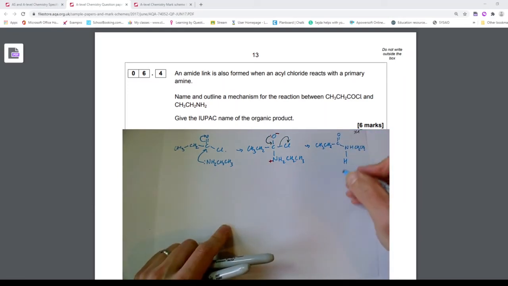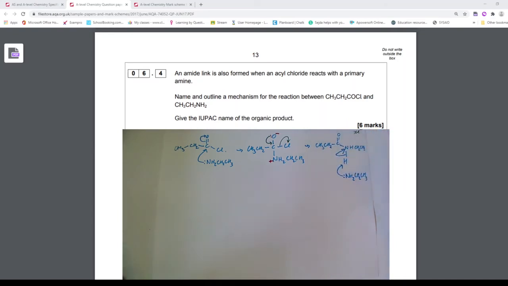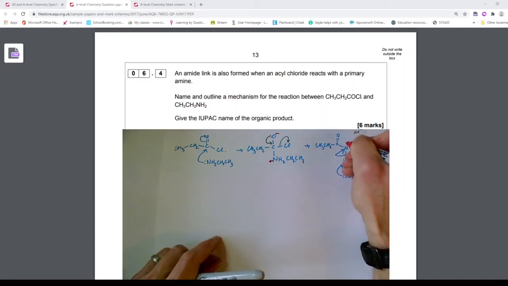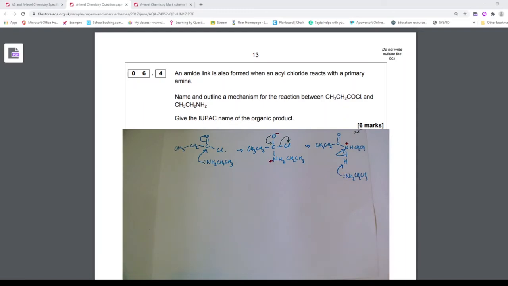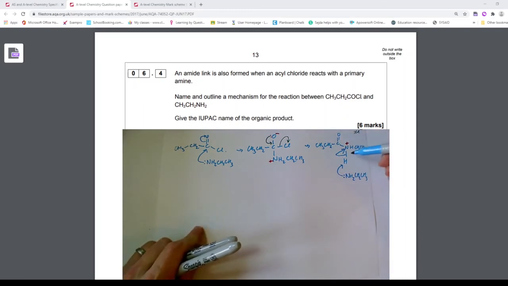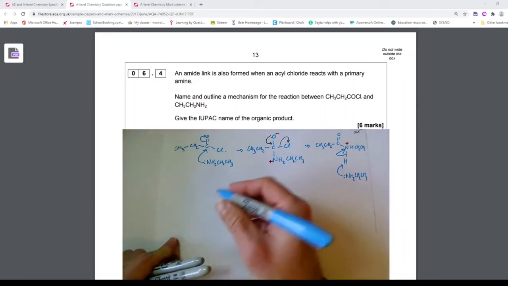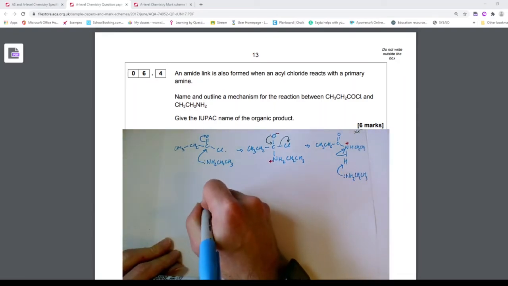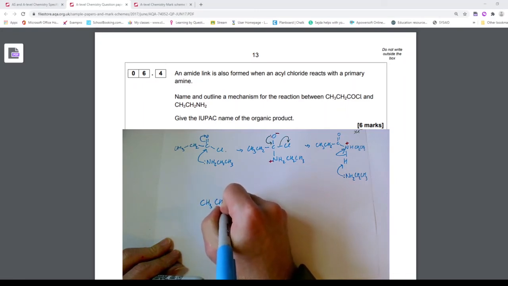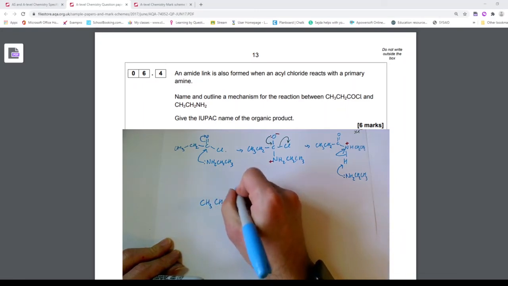What I'm going to show is this stuff here helping remove the hydrogen. Sorry, I should use green arrows, shouldn't I? Never mind. And I also forgot my positive charge on here. Okay, so the electrons are going from the NH bond up to the nitrogen, and then the hydrogen is being removed by this stuff. So our product that we're going to have down here, I'll draw the whole thing out, CH3, CH2, CO,